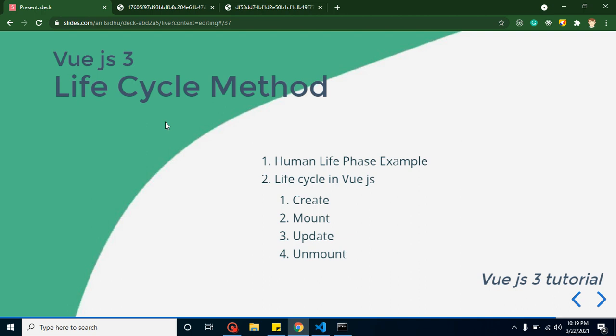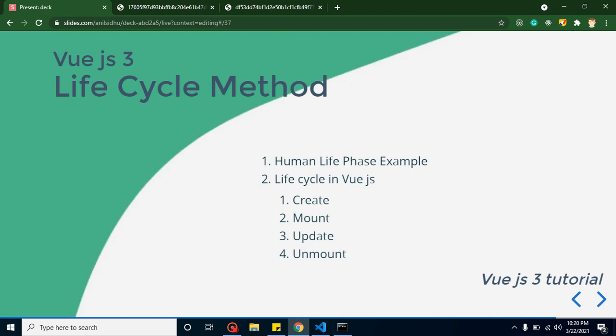In the next video we will jump into a practical example, and the next 5 to 6 videos will belong to the lifecycle methods, because in interviews and when you are creating a project, lifecycle methods are really important.